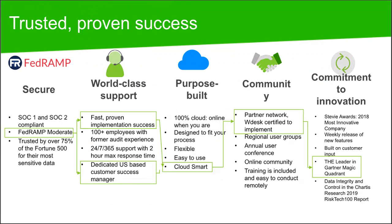And then last slide, by way of background about Workiva, as I mentioned, we are FedRAMP Moderate. So as we started to go after the federal space, that was obviously very important for us to achieve that certification and be able to work with many federal customers such as yourself. We have a proven fast implementation success as well,